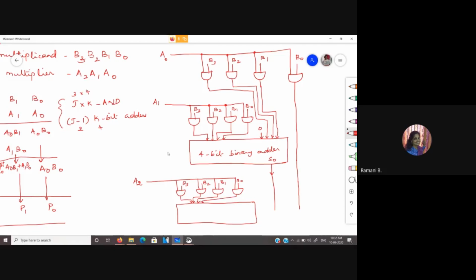So this is one number, with sums S1, S2, S3, and you will also have the corresponding carry output over here.